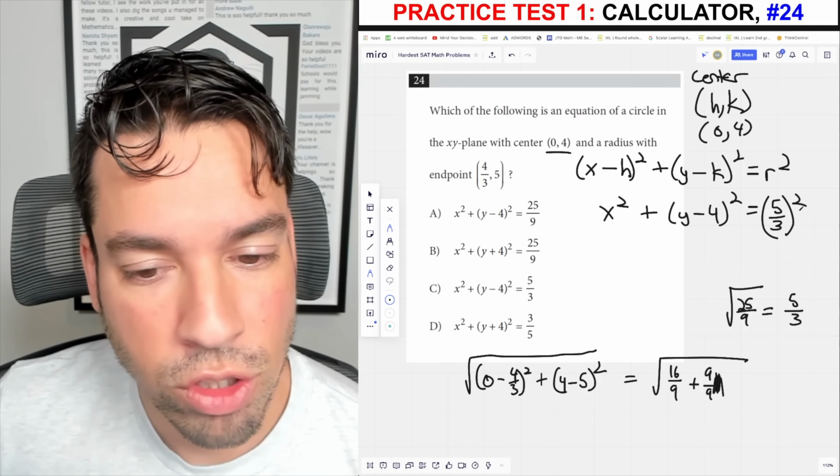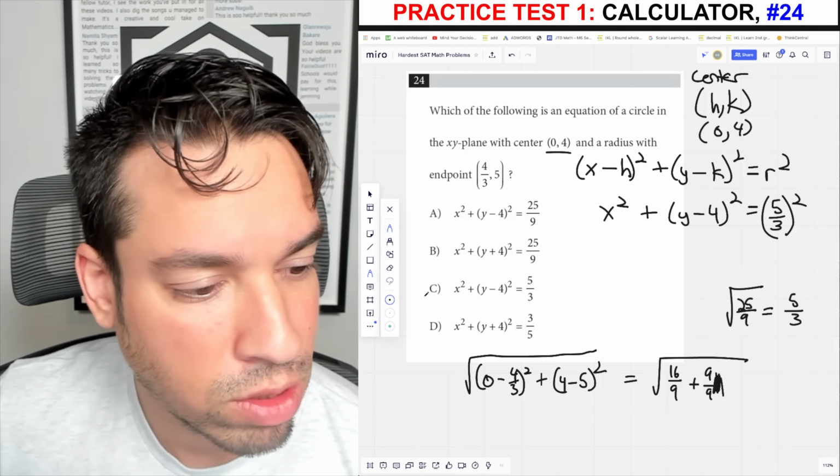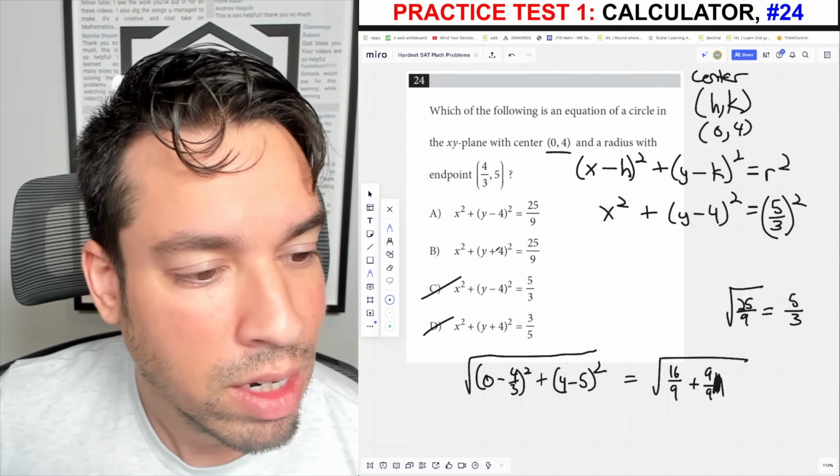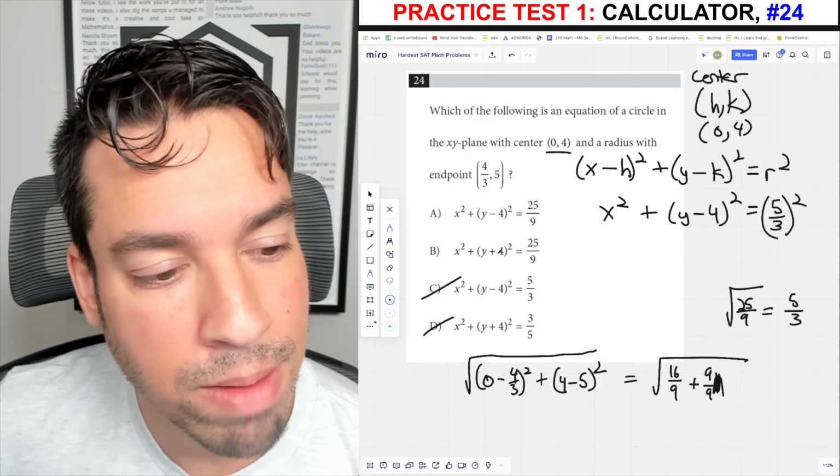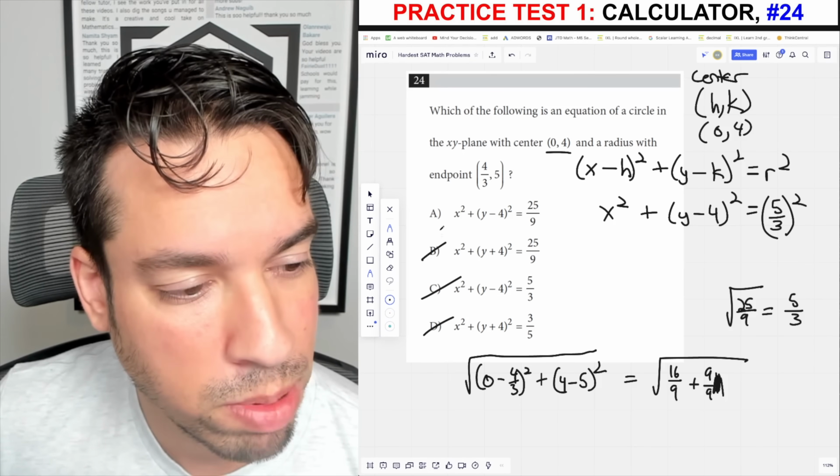Now, in these final answers, they've, of course, squared this back to 25/9, so we can see that we can eliminate those two. Here is almost correct, except they have plus instead of minus, so B is out, and